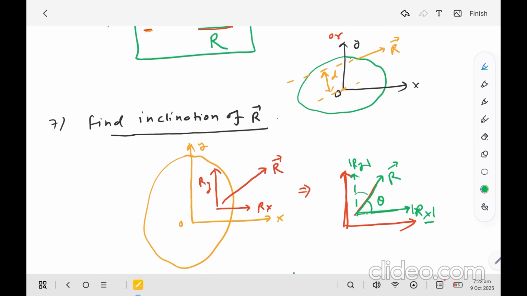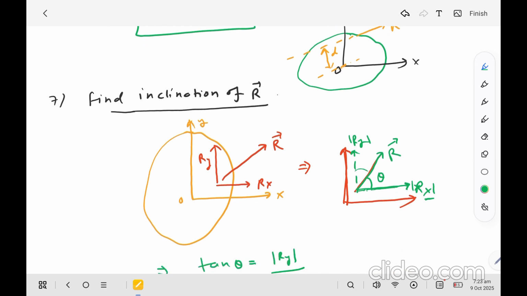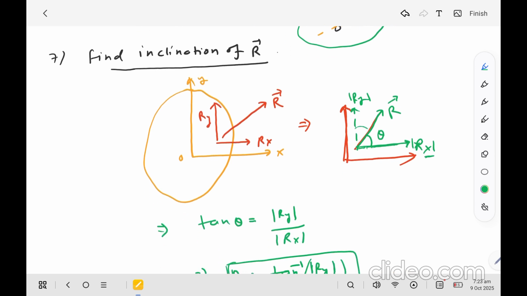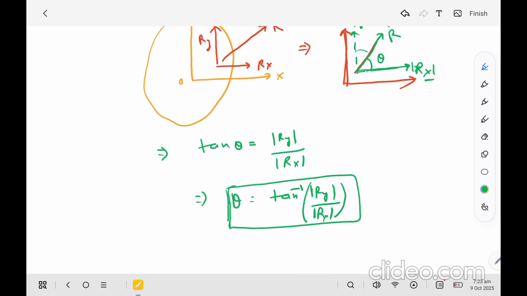Now we know the distance of the resultant from point O. Then we use the resultant's x and y components to find the inclination, meaning the angle of R with the x-axis, by using the positive values of Rx and Ry. So we can find the angle theta along the x-axis or along the y-axis by using